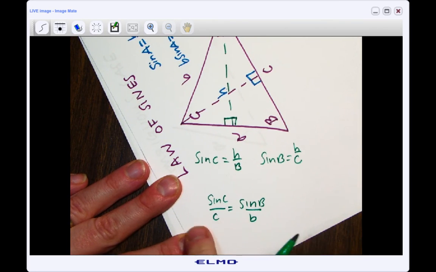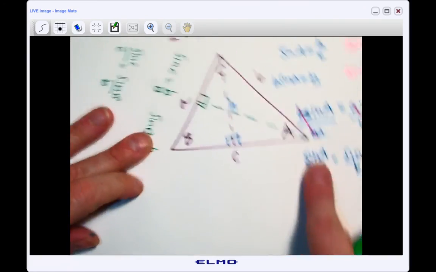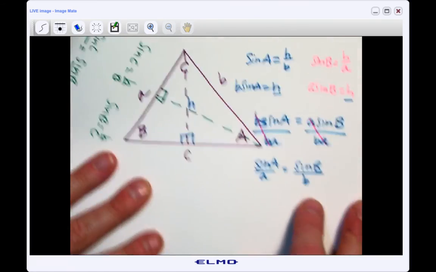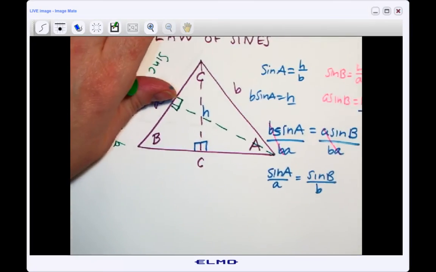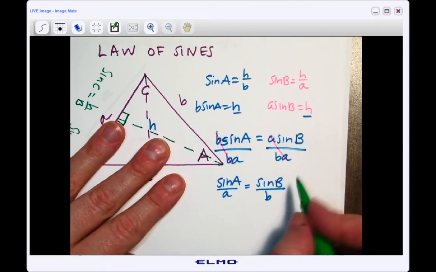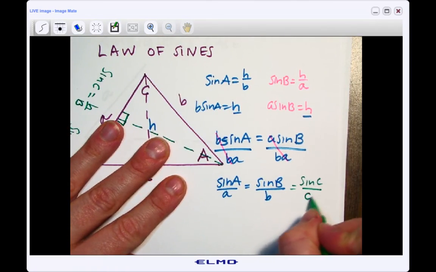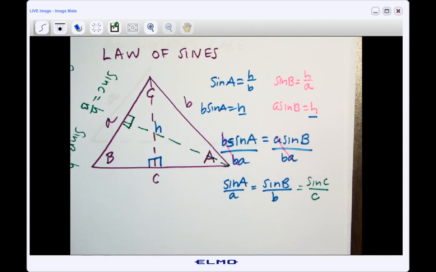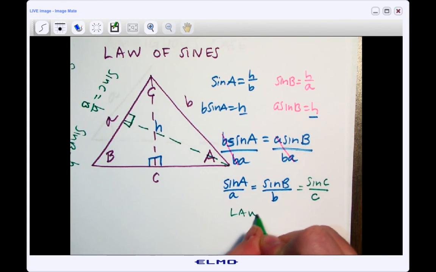And again, if these two things are equal, and this thing is equal to this one, then they all have to be equal to one another. So we can just throw in here that sine C over C is also true, okay? And this is our law of sines. And basically, that's all there